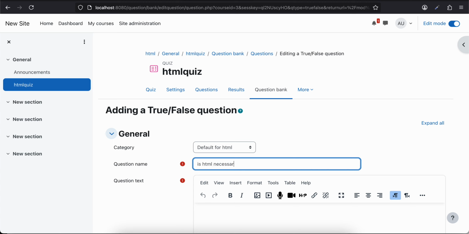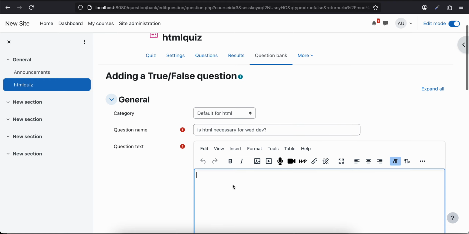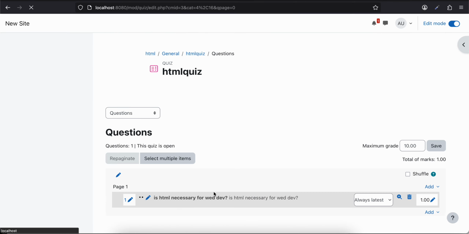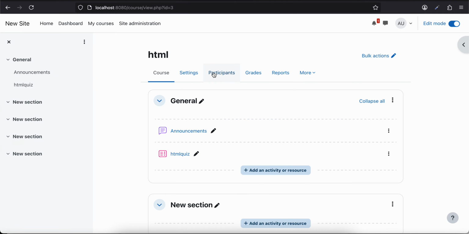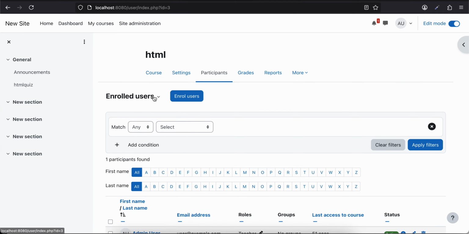"Is HTML necessary for web dev?" Okay, and I'll just copy this. I'll paste it over here. I'll scroll down. I'll click on save changes. Now what you need to do is go back to your HTML course, go to participants, and here you have